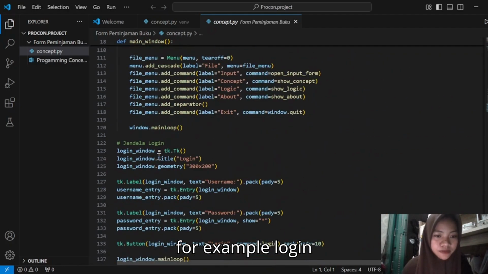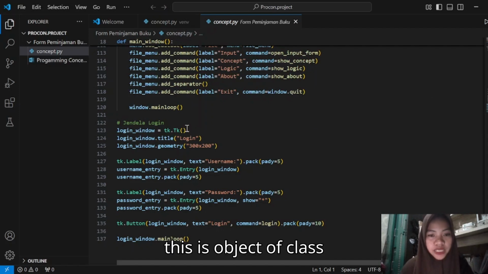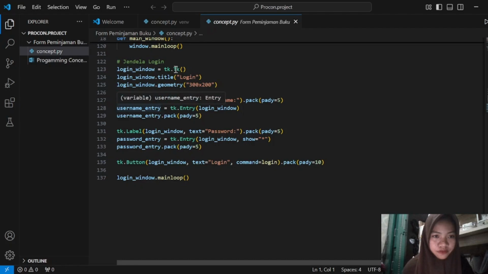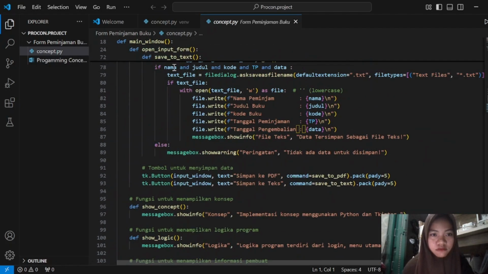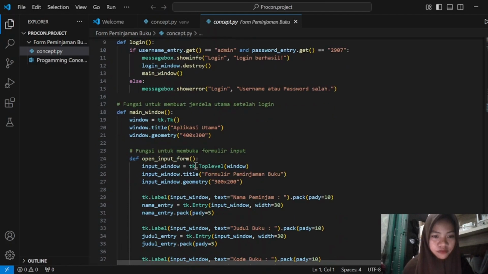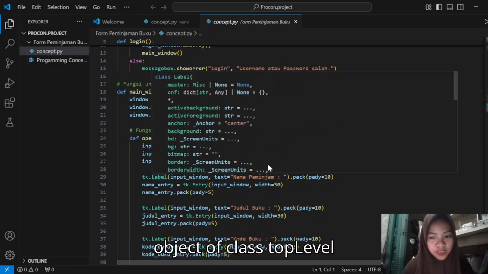For example, login window, this is an object of class Tk, and input window, this is an object of class Toplevel.